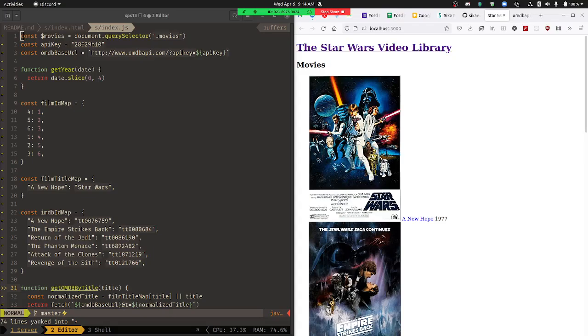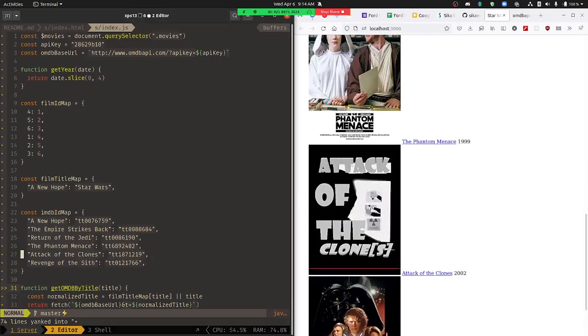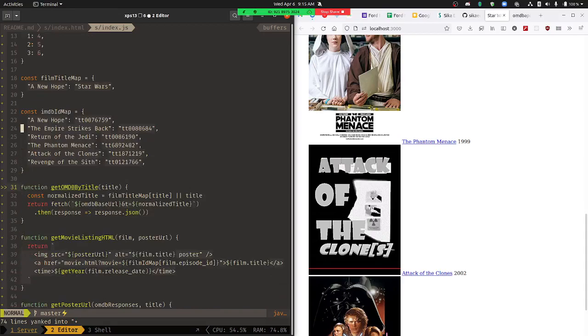Ask me some questions. Using this method, were we able to get the correct Attack of the Clones poster? So let's see. So you know what we could do? So okay, here's the challenge. If we set the Attack of the Clones IMDb ID to the correct IMDb ID for Attack of the Clones,